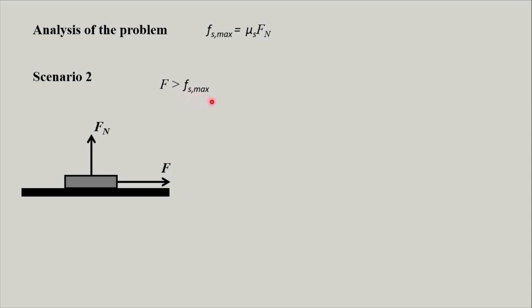In this case, the object starts to move in the direction of the force with some acceleration A, and the force of kinetic friction appears, which points in the opposite direction. The magnitude of this force is given by this equation, where Fn is the normal force and mu k is the coefficient of kinetic friction,